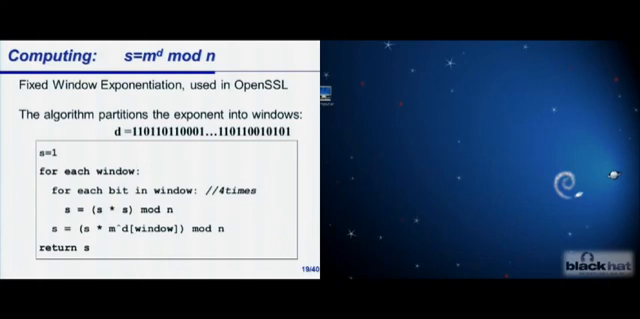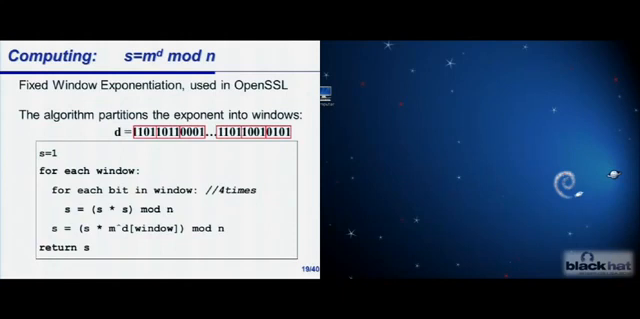It's very easy to attack the CRT algorithm. So we went to explore directly the fixed window exponentiation algorithm. And this is how it works. The private key is partitioned into windows. And the algorithm here goes, and basically the goal is to compute m to the d. So it takes the message m and continues